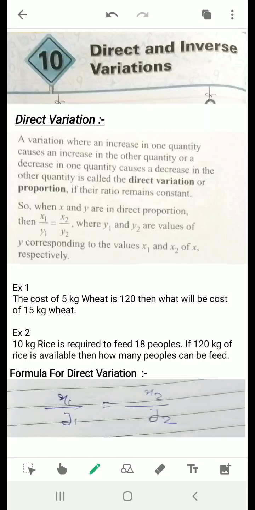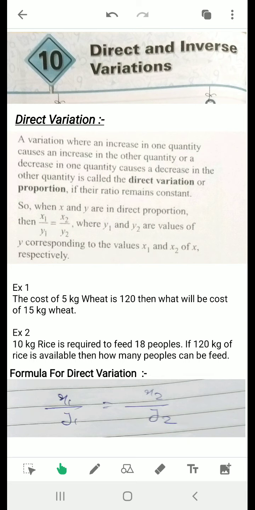Dear students, in this video now I am going to start the 10th chapter of your book, that is direct and inverse variation. Okay, so first of all you need to understand what is a variation. What is a variation? Listen to it carefully. The variation means if the value of one quantity is changed, then the value of the other quantity will also change